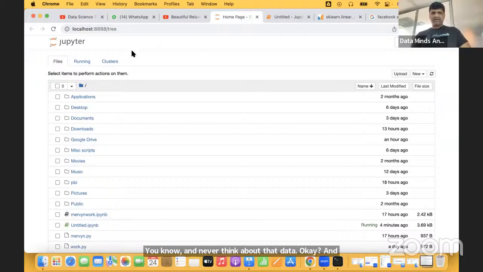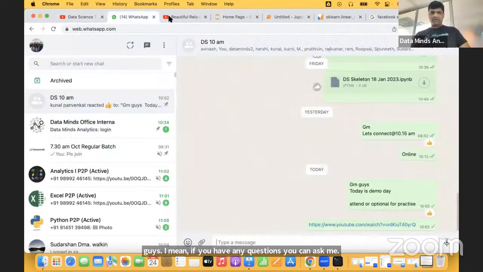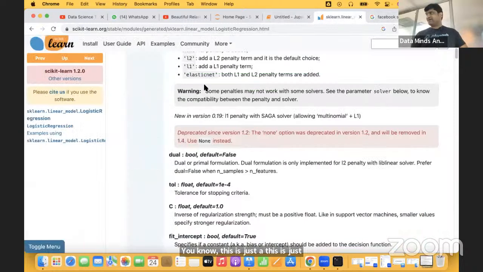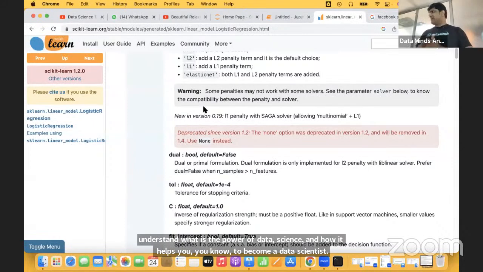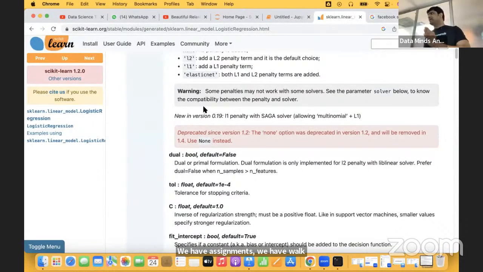Fine, guys. If you have any questions, you can ask me. This is just to help you understand the power of data science, how it helps you to become a data scientist, and what kind of activities we take. We have quizzes, assignments, and mock interviews. For the next 90 to 100 days, you'll be completely engaged with this program, and by the end of these 3 months, you will be pretty much confident and have a clear vision of the next 2 years, how to become a data scientist. And one note here, guys,